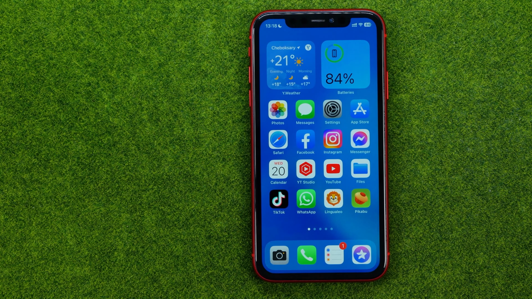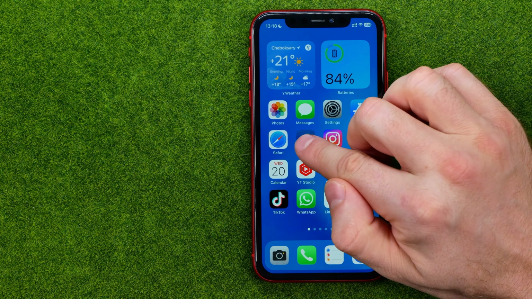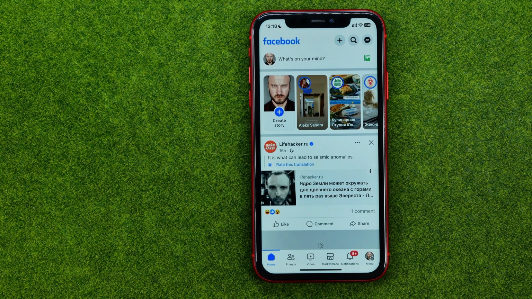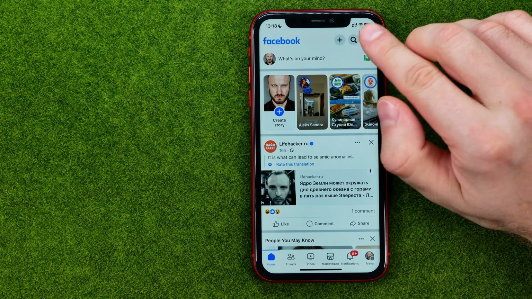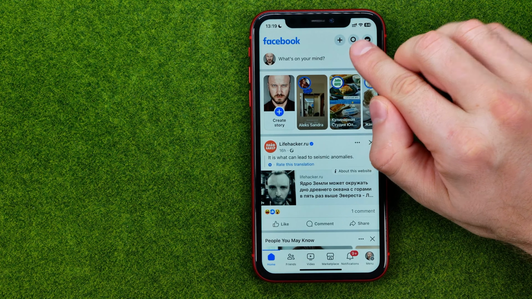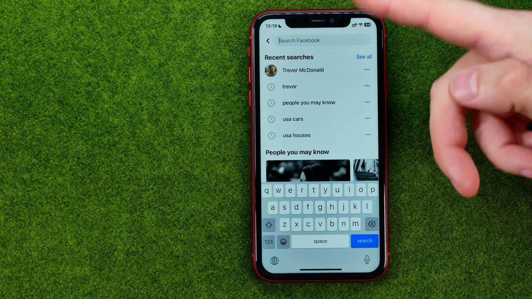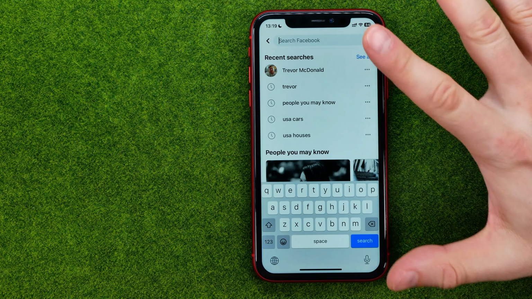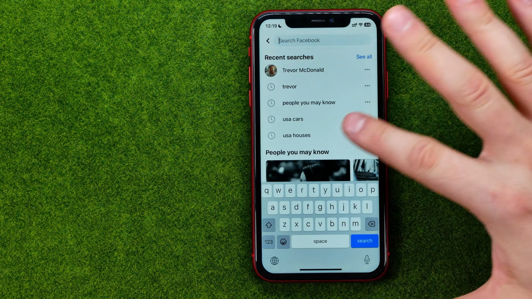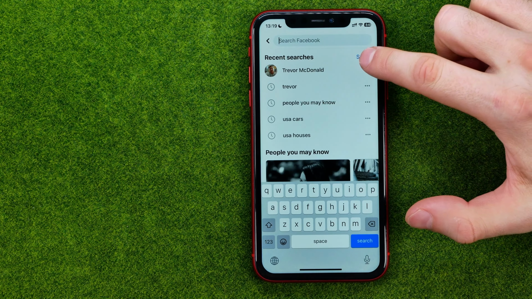Thanks guys. So let's get started, and first off, open up Facebook app and then tap right here at search icon to go to search. It will show you some recent searches here, and the easiest way to clear our search history is tap at